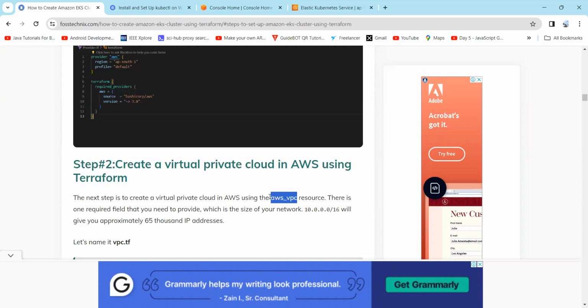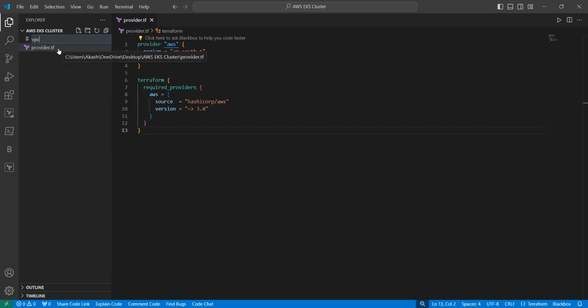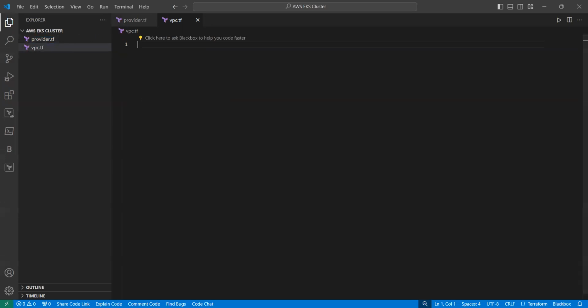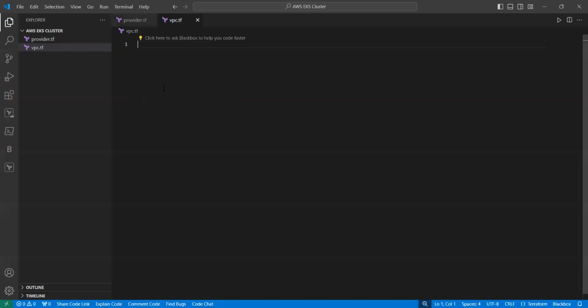Now there is one required field that you need to provide, which is the size for your network. That will give you approximately 65,000 IP addresses. So I am using this CIDR block, which is 10.0.0.0/16. So let's make a file called vpc.tf. Now we are going to create the VPC, and here just copy the code and paste it in the editor